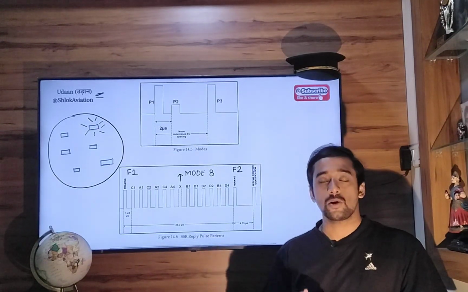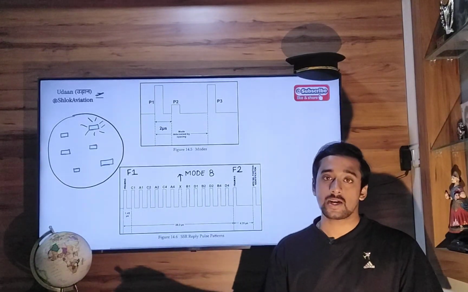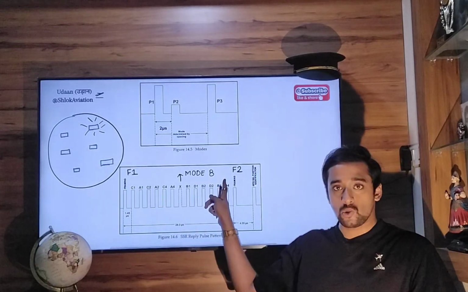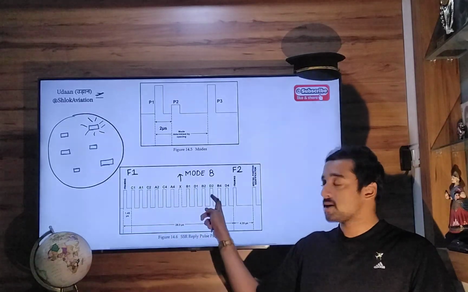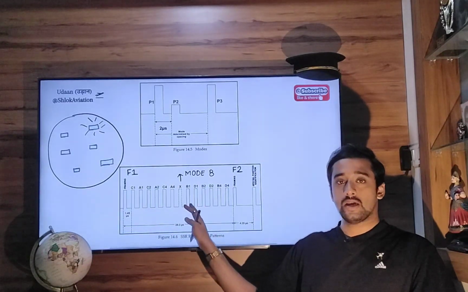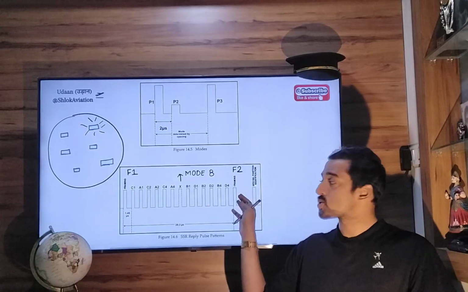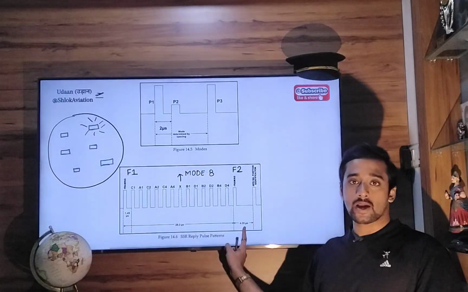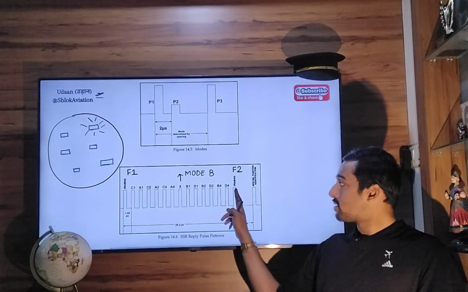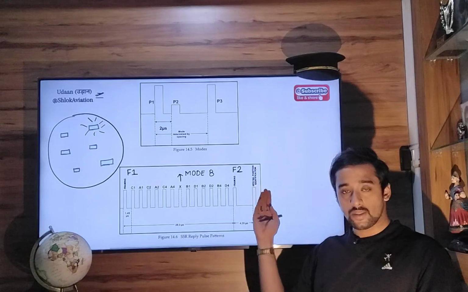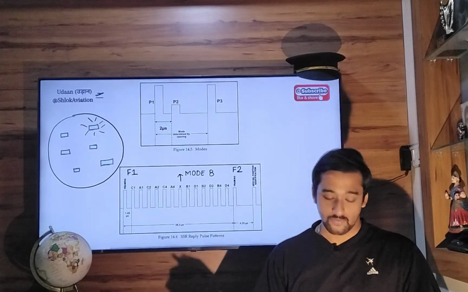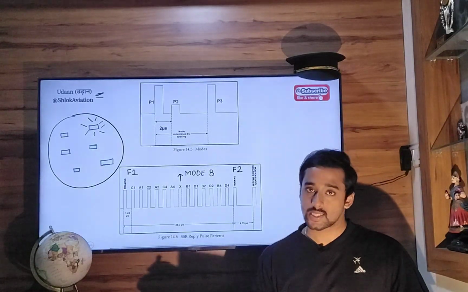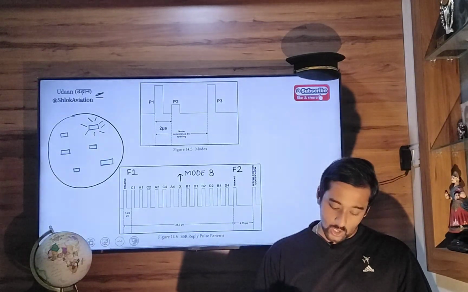Whenever your transponder replies to interrogation pulses transmitted by the SSR radar, it sends two framing pulses F1 and F2, and between them there are 12 other pulses. Along with them, there will be another special ident pulse called the special position identification pulse, transmitted 4.35 microseconds after framing pulse 2, to the ATC controller system. When that happens, the ATC will come to know about your position in the sky. So the correct option here will be,